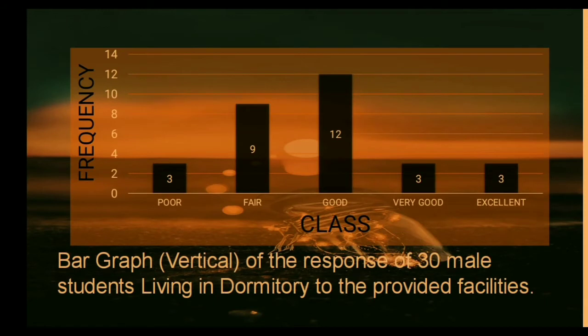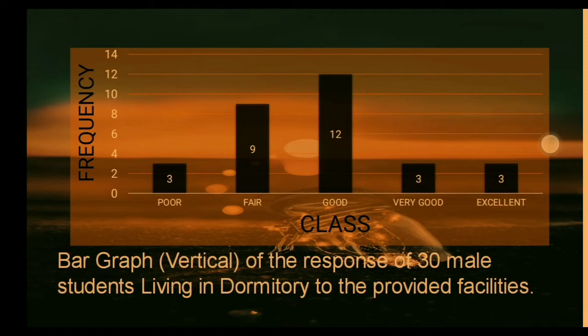This is how you present data using a bar graph. The y-axis represents the frequency and the x-axis represents the class. The computed frequencies are 3, 9, 12, 3, and 3. And the classes are poor, fair, good, very good, and excellent. We can see that 3 respondents answered poor, 9 answered fair, 12 answered good, 3 answered very good, and 3 answered excellent. And the highest computed frequency is 12, yielded to be good, which means that they are satisfied with the provided